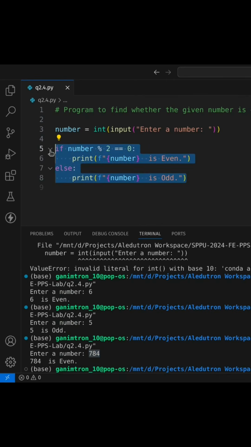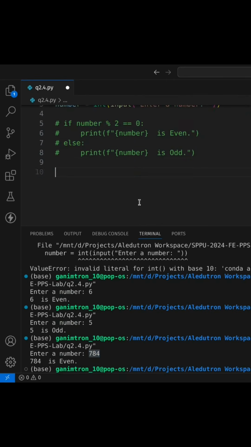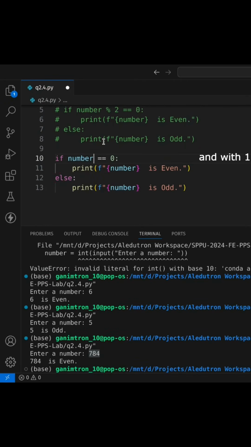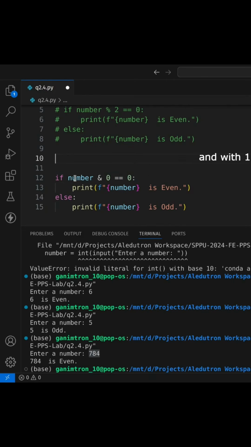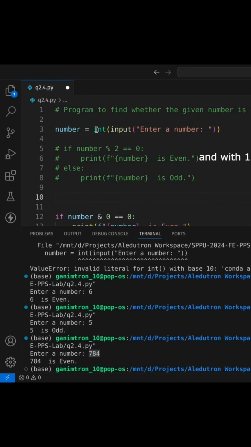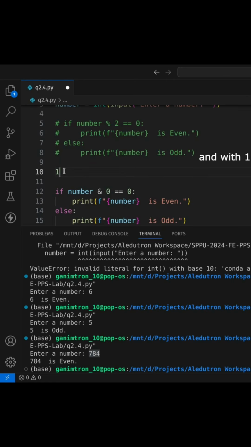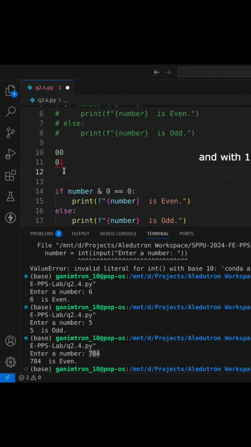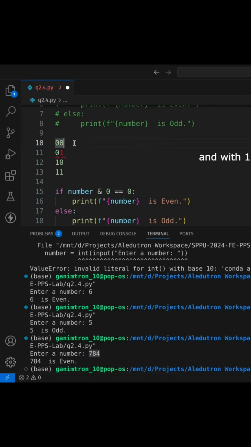Similarly, here there is one more trick which we can use. It is using the bitwise operator. We are assuming the number is a valid integer, so whenever the binary representation of this number is odd, it will have a 1 at the end, because if you can see 0 0 0 1 1 0 1 1, here you can see this is 0, this is 1, this is 2, this is 3, and similarly. So whenever there is an odd value, we get a 1 at the last position.